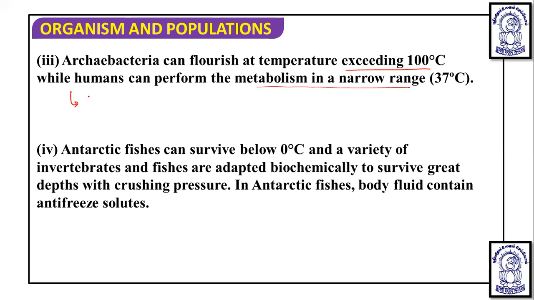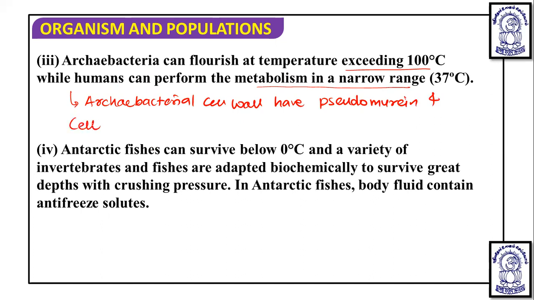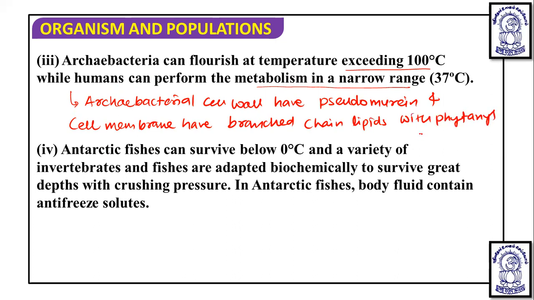Because the archaebacterial cell wall has pseudomurein, and the cell membrane has branched chain lipids with phytanyl side chains. And due to this cell wall and cell membrane characteristic, archaebacteria can survive in these extreme